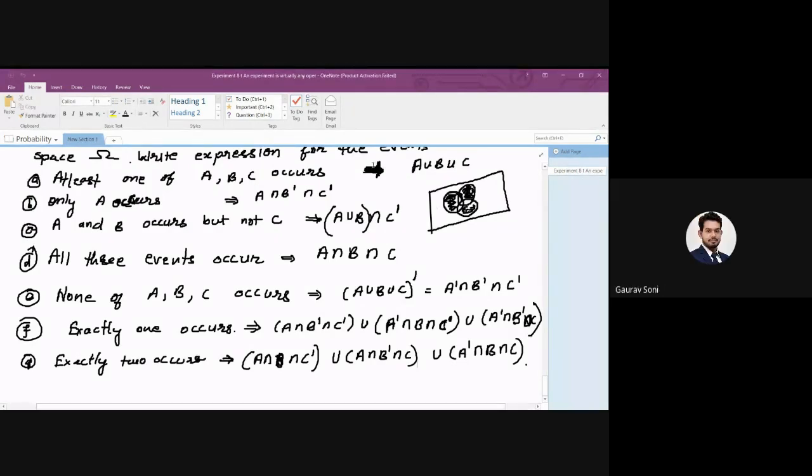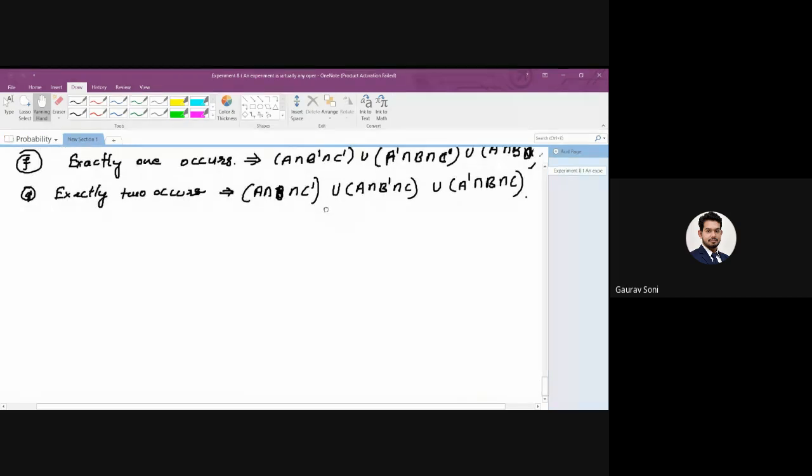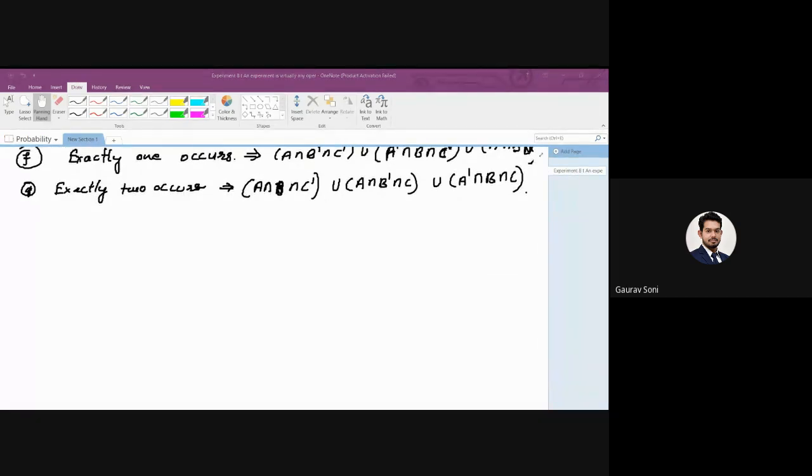So yesterday we were looking at the types of events. We have already completed the basic requirements for our probability. Those are the experiment, then the type of sample spaces. After the type of sample spaces, we have seen the types of events, and we were solving the examples, looking at the events. So one example we have solved. I said that we'll solve one or two more examples as per requirement. So the next question is,